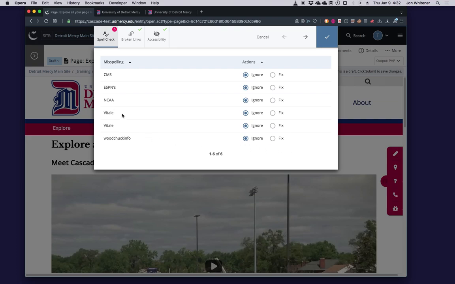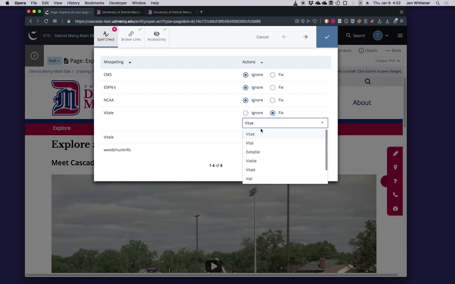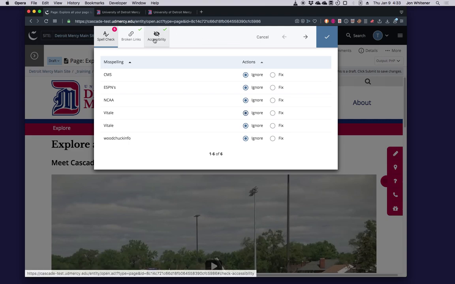If you wanted to fix one of these, let's just say that's not the right word, you click fix, and Cascade will give you suggestions for what it might be that you mean. So that's a very handy feature, and I always recommend you take advantage of it. The broken links look good, the accessibility looks good. Those words we can all ignore, and so I'm going to click finish.